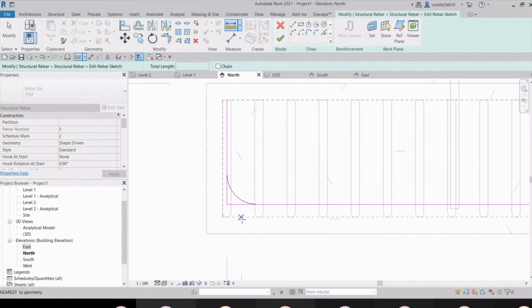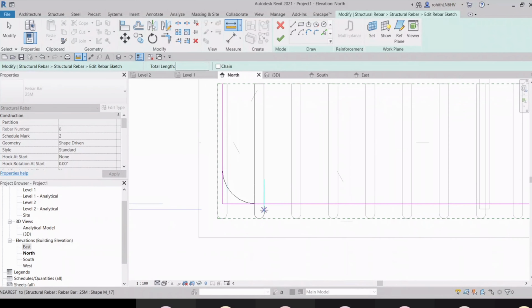So from there, it will go to, this is 50 and this will go 75.4 plus 12.5, right? 75.4 plus 25.4 divided by 2.